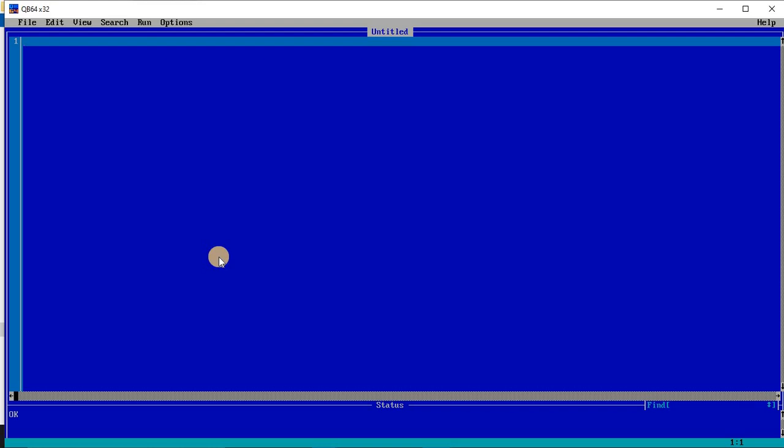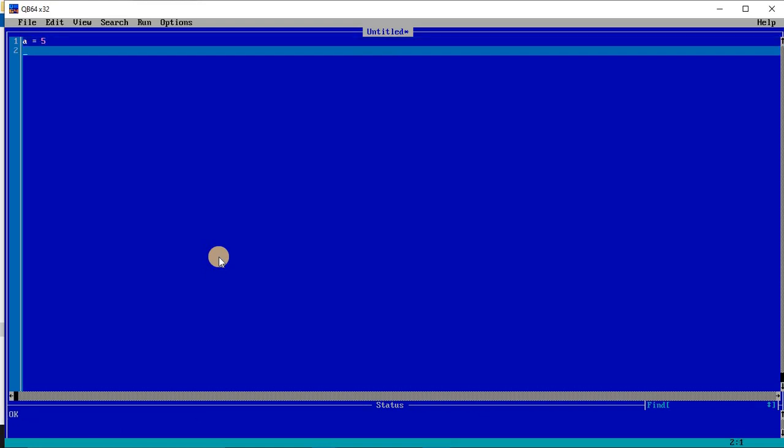So from here you can see I am writing, suppose, a is equal to 5. When I am writing this, a is a variable and this 5 is going inside this variable a. So let me tell you about the variables. There are two types of variables in QBasic. One is a numeric variable, which I have used right now, and another one is a string variable. Suppose I am writing b, then you need to write the $ sign, because for a string variable you need to write the $ sign, otherwise it will not work.